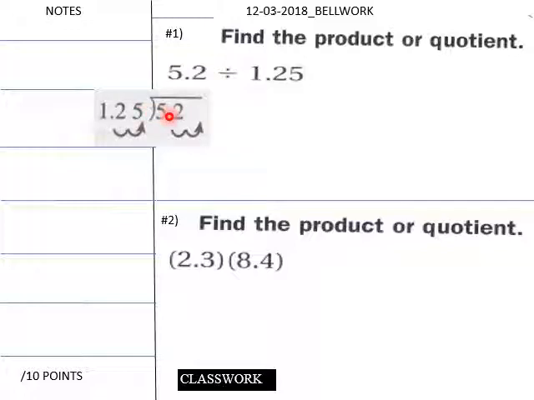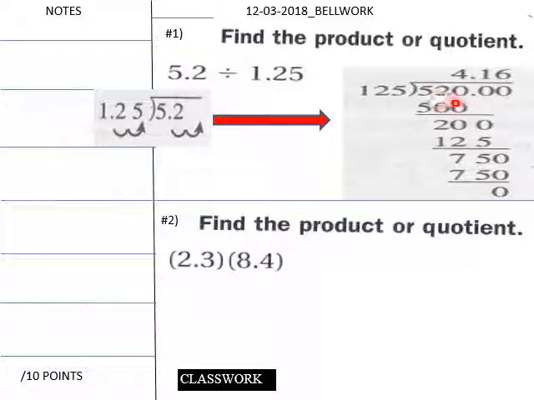Okay, welcome back everybody for our solution for number 1. First of all, we're going to use long division here. 5.2 is our dividend, divided by 1.25, which is our divisor. So we're going to move our decimal places 2 points over, 1, 2. So we have to put a 0 there. When we do that, we have 520, and 125 will be divided into 520 four times, you get 500, subtract,